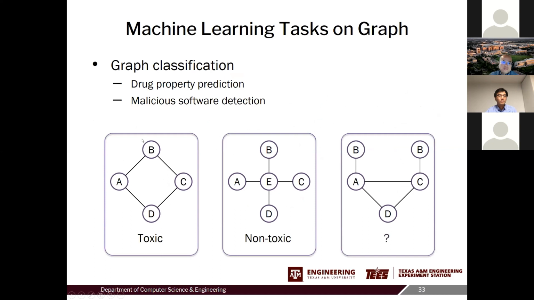The problem is we have an input graph, and we try to predict the label for the entire graph. For example, the graph can be a drug molecule, and we try to predict the property of this molecule in order to determine what could be the purpose of this drug, either toxic or not toxic. We will come back to this later.